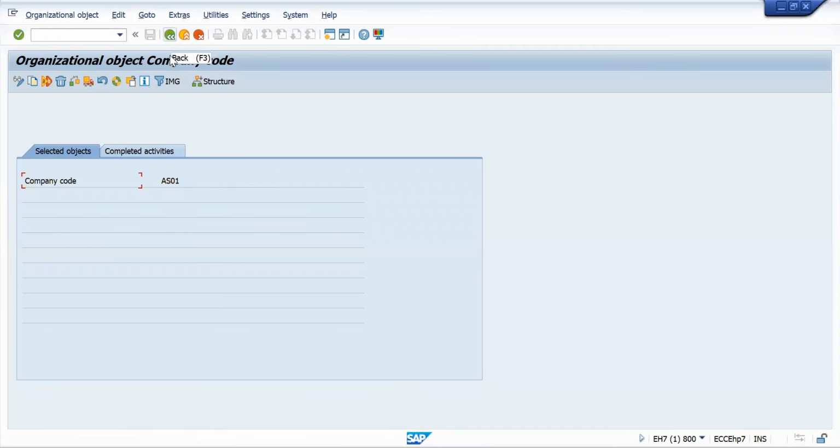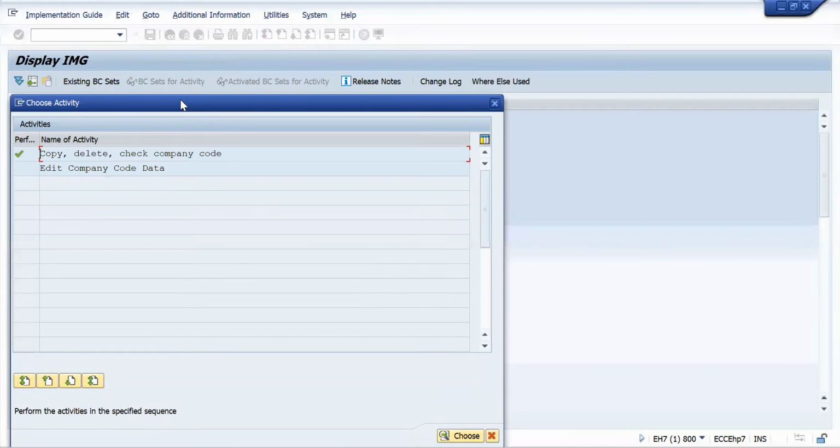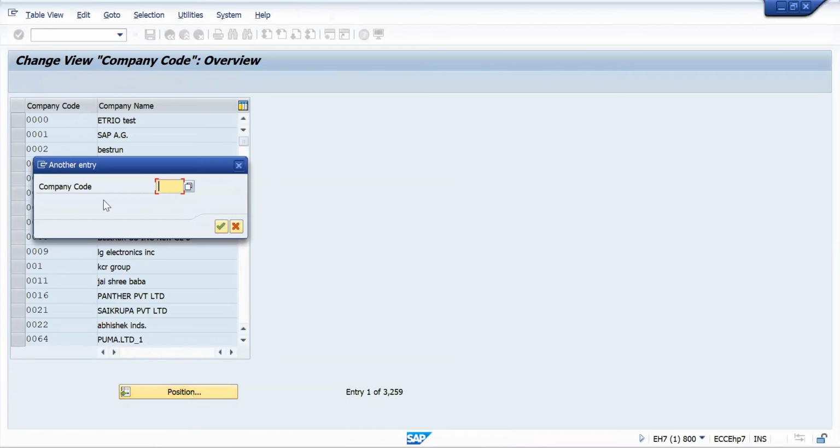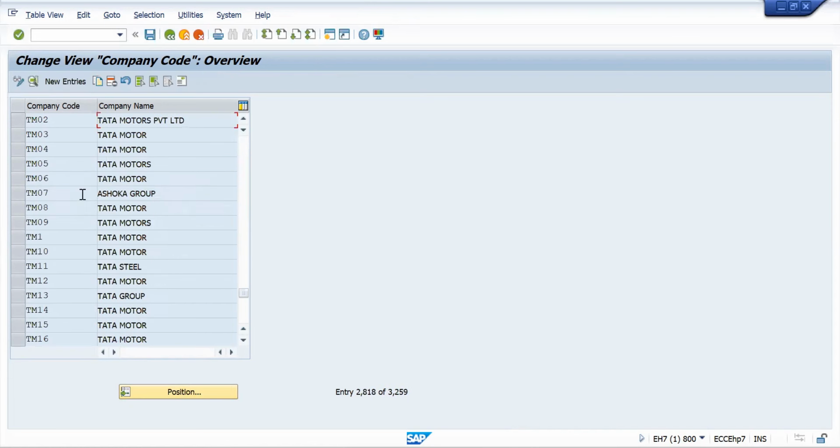ऐसा स्क्रीन पॉपअप हुआ कि देन यू हैव टू गो बैक, बस सेव हो गया ये। अभी जहाँ पे ये सेव हुआ है, अगर मुझे चेक करना हो तो कहाँ से दिखेगा? ये जो सेकंड है, एडिट कंपनी कोड डेटा, इस पे डबल क्लिक करके यहाँ पे पोजीशन है, देखो नीचे, मेरा कर्सर विजिबल है ना? ये पोजीशन पे आपको क्लिक करना है। देन आप कंपनी कोड कौन सा डालोगे, जो आपको देखना है, आपने क्रिएट तो किया है। मैंने TM02 बनाया है। ओके, एंड एंटर। देखो, यहाँ पे क्या आया है, टाटा मोटर्स प्राइवेट लिमिटेड आ गया।